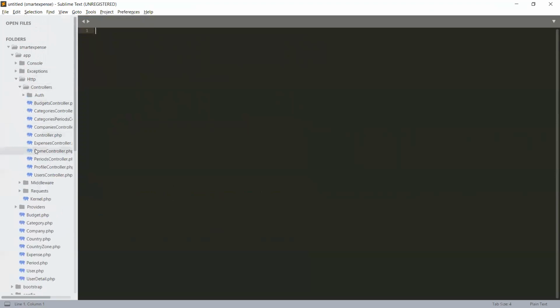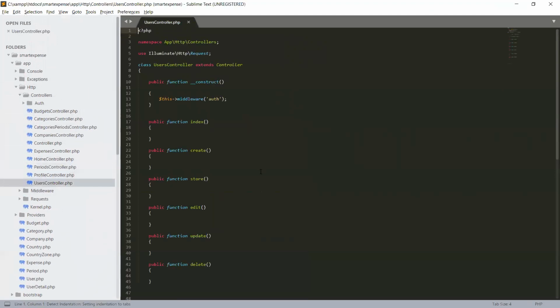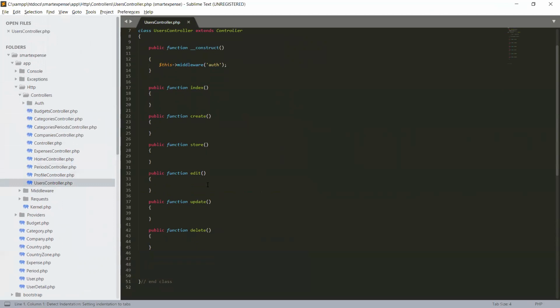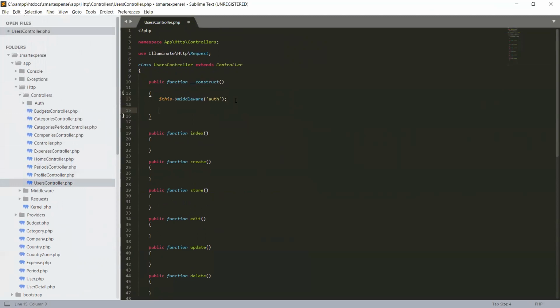HTTP controller, so we have already created a user controller. All the methods index, create, store, edit, update have also been created in this resource controller. So in a resource controller, in a constructor, we will be required to create some instances for our category, company, and users. So let's create quickly this